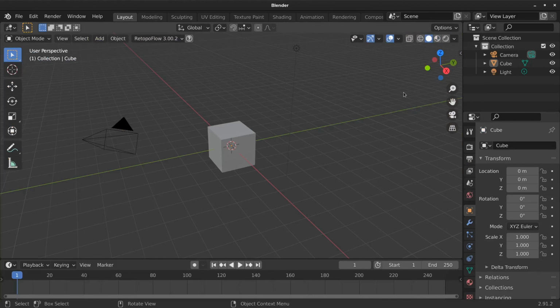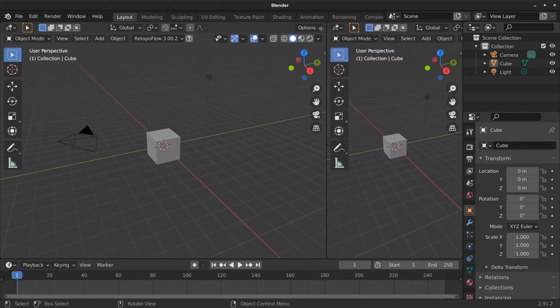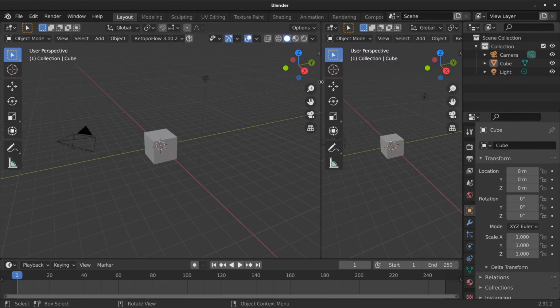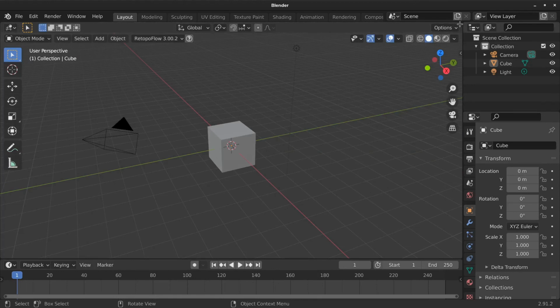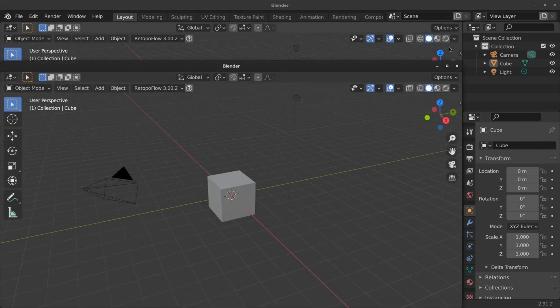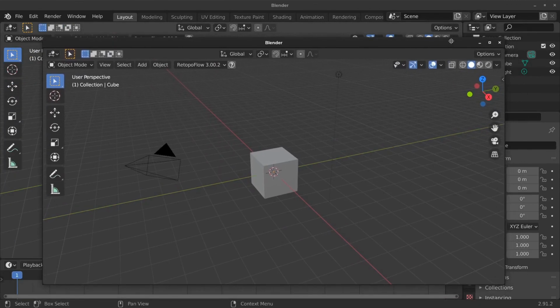The final trick, or not trick, but the final feature of the view panels is when you hover over a corner and you see a plus, you can also get the same behavior by clicking and dragging. I find it a lot easier to just hover and right click to do these things. But the one thing that you can't do with the hover and right click with the double arrow icon that you need from the corner is if you actually want to pop up a view panel, which is very helpful if you have dual monitors. So if I hold shift, then click and drag, now I've popped out this view panel,